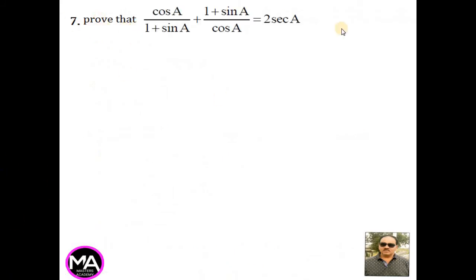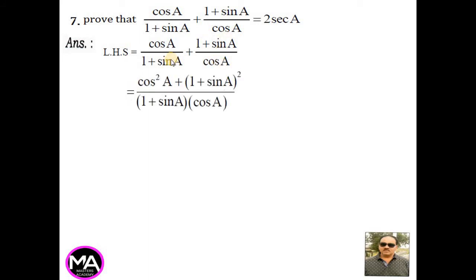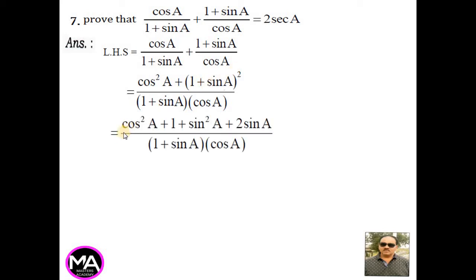Seventh question. Prove that cos A divided by 1 + sin A + 1 + sin A divided by cos A is equal to 2 secant A. Answer. LHS: cos A divided by 1 + sin A + 1 + sin A by cos A. Taking LCM, 1 + sin A into cos A. Cos A into cos A, cos square A, + (1 + sin A) whole square, that is cos square A as it is + 1 square + sin square A + 2 sin